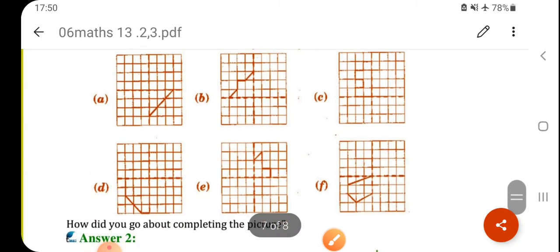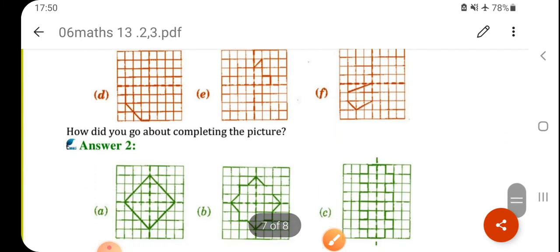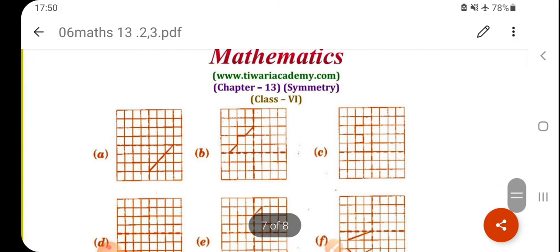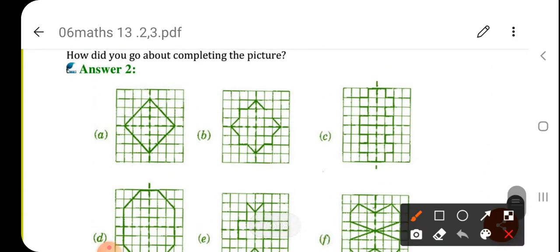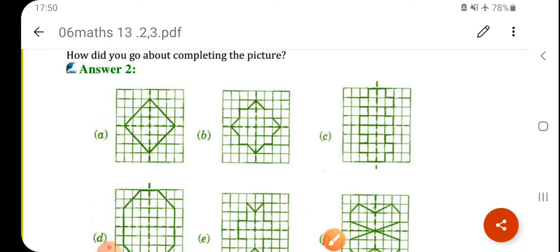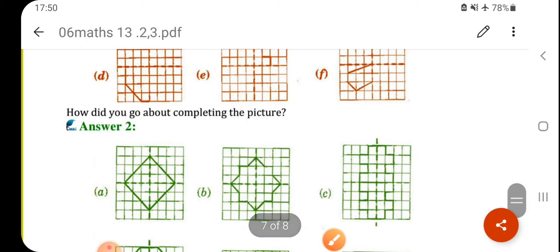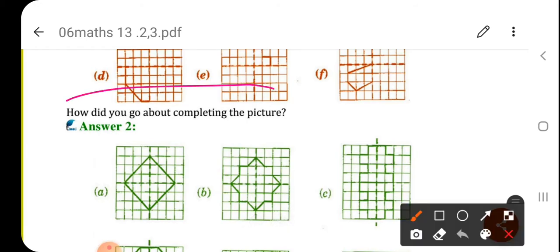So that is homework. In the textbook also you can draw. No need to draw this square in the fair notebook. You can practice in the textbook also. You have to complete the figure, all the portions. It means you have to complete. So only one portion at 90 degrees is given. So you have to draw here, then this. Okay, so it's a square.